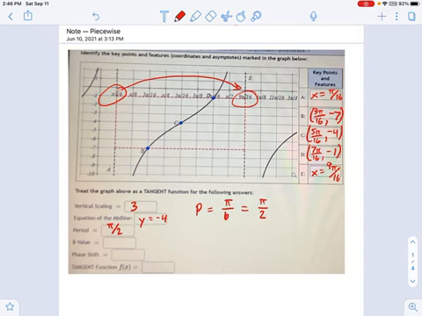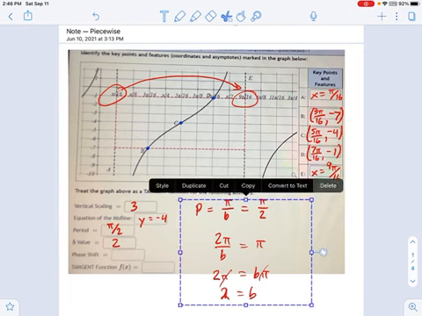Multiply each side by 2. And then multiply each side by b. And then divide each side by pi. Or cross those pi's out. You get b equals 2. Okay, so that's the b factor right there. And that will be useful when we're building our equation for this function.